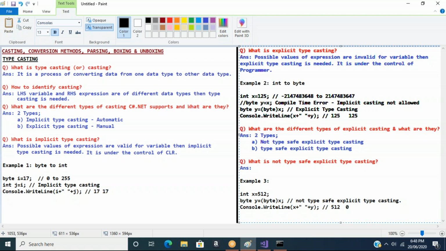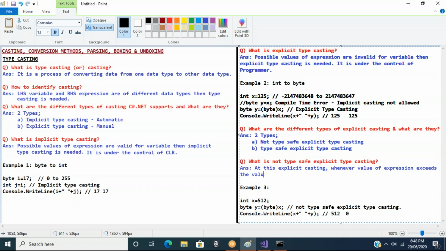How do you define this? Now you can say at this explicit casting, whenever the value of expression exceeds the possible value of variable, then automatically it gets restarted. Restart of what? Restart from